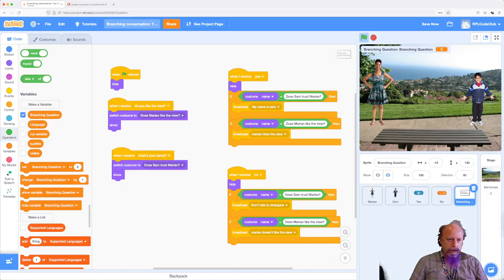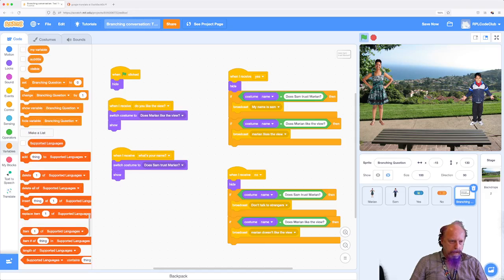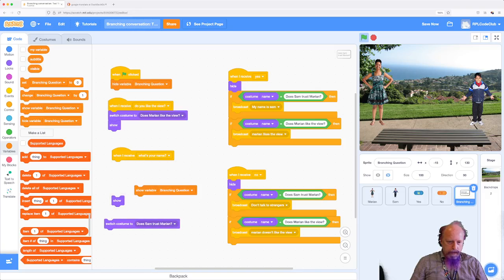So instead of hide, we're going to want to show the variable. Hide the variable. And instead of show, we'll do this, and here we will set